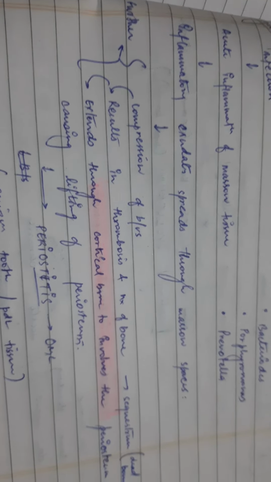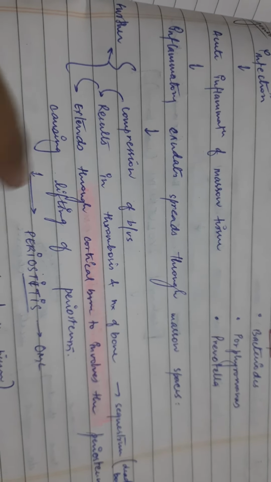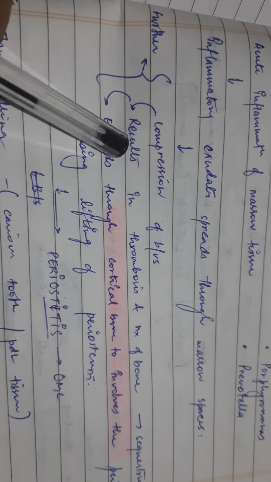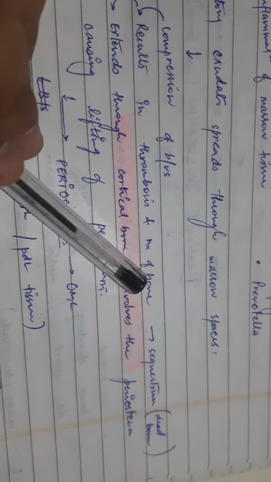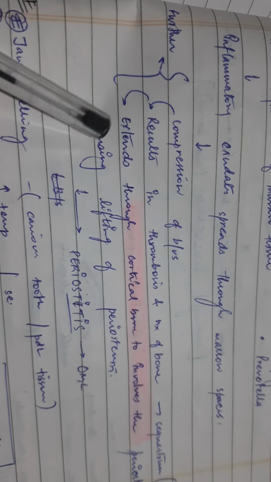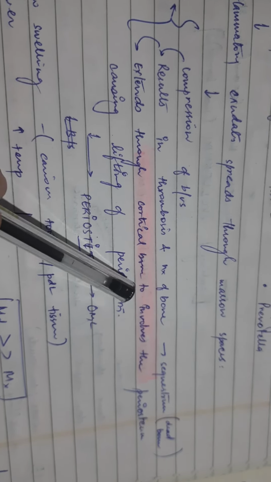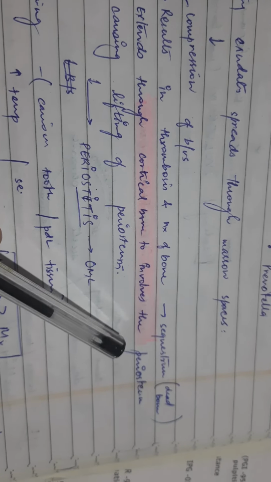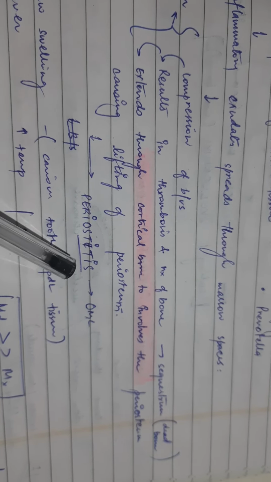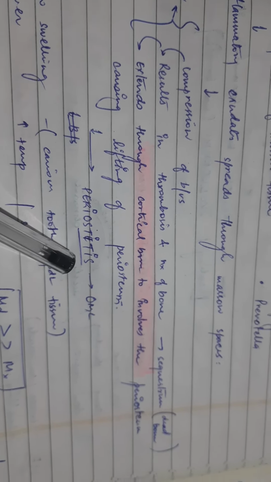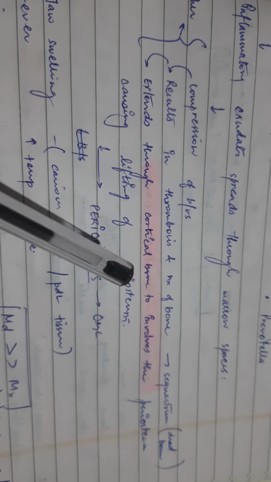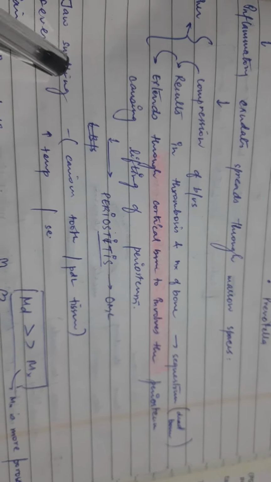Then further, compression of blood vessels results in thrombosis and necrosis of bone, which is called a sequestrum, which is dead bone. It extends through cortical bone to involve the periosteum, causing